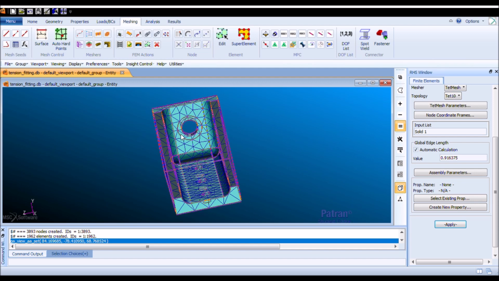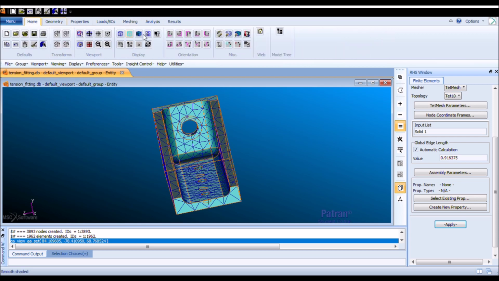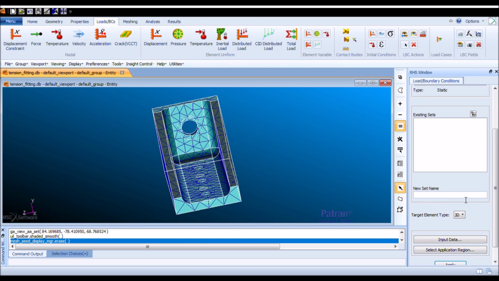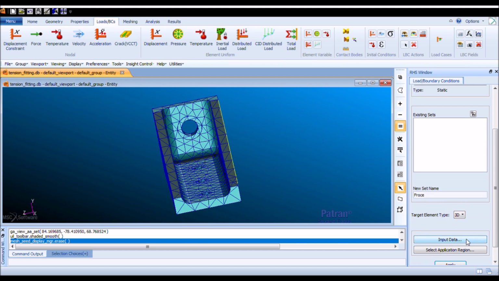Next step is to create the loads and restraints of the model. We're going to click on Smooth Shaded, and we're going to go to the Loads tab. You want to create a total load, element uniform. We're going to first set the name as force, and we're going to go to input data, and we're going to select it as minus 5,000, 0, 0,